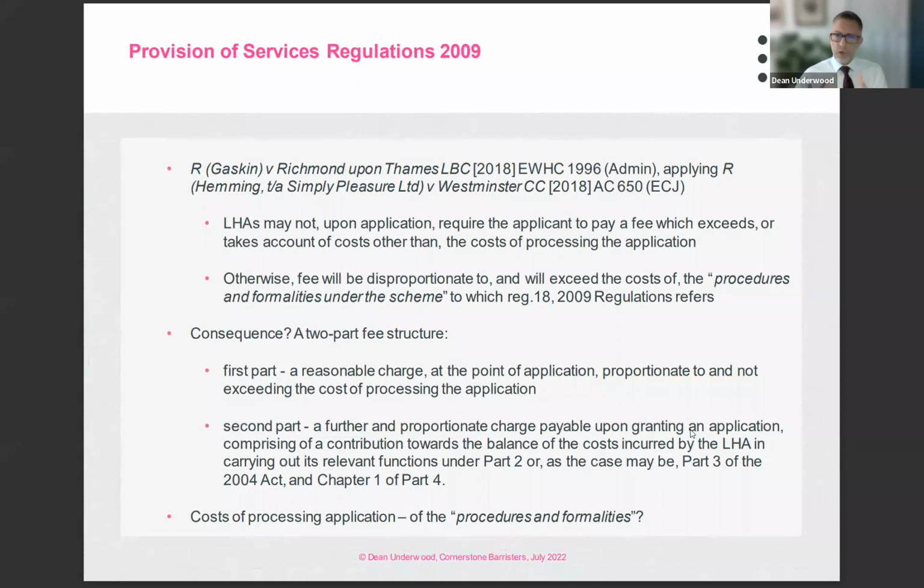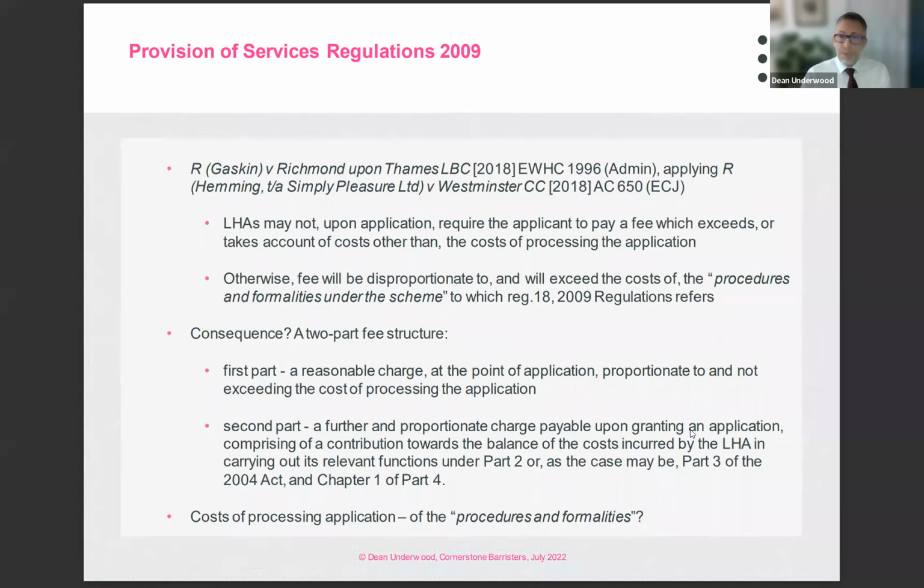What therefore is the consequence of the 2009 regulations as applied by the decision in Gaskin? Well, in short, it's the requirement for a two-part fee structure. The first part comprising a reasonable charge made at the point of application that is proportionate to and, importantly, does not exceed the costs of processing the application. And the second part, a further and proportionate charge payable upon the grant of an application,